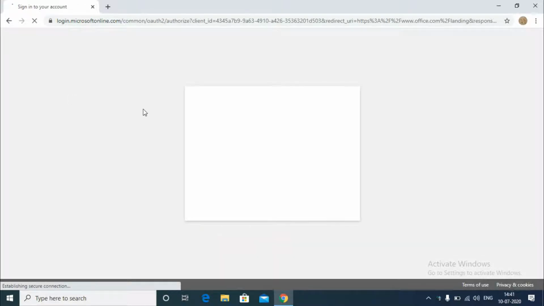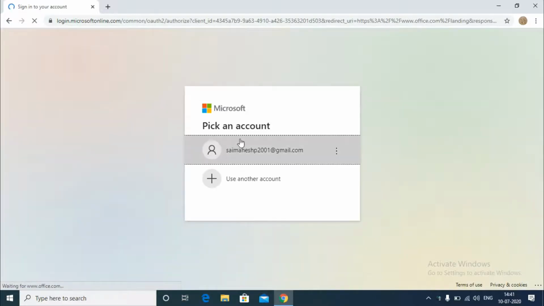Now it will ask you for the Microsoft account. If you have an account, you can directly sign in with that, or you can create a Microsoft account. As I have my account, I'm just clicking there.